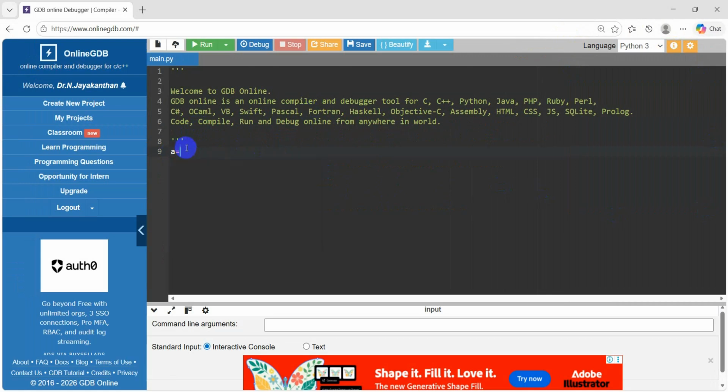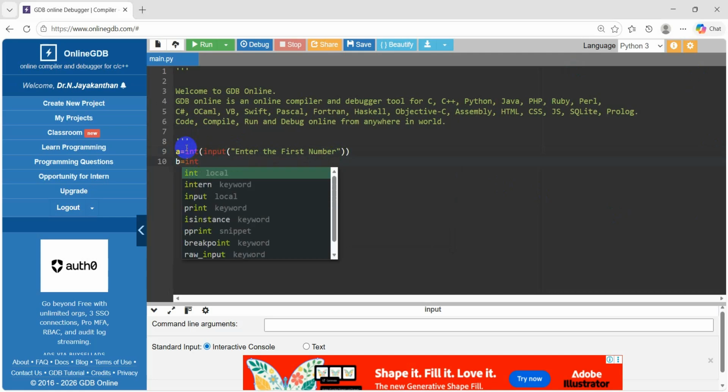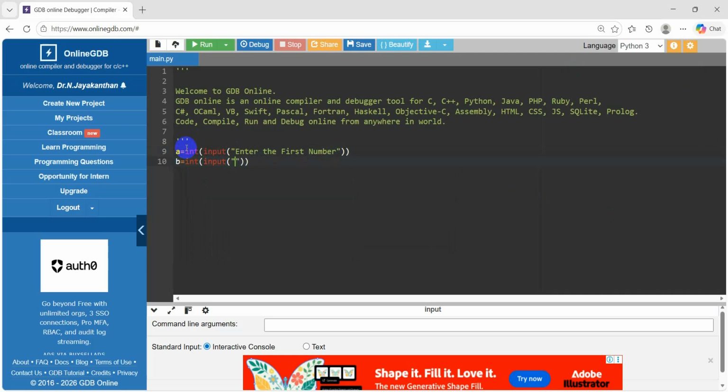A equal to integer of input of "enter the first number". Likewise, b equal to integer of input of "enter the second number". So here the input statement displays "enter the first number", followed by "enter the second number"